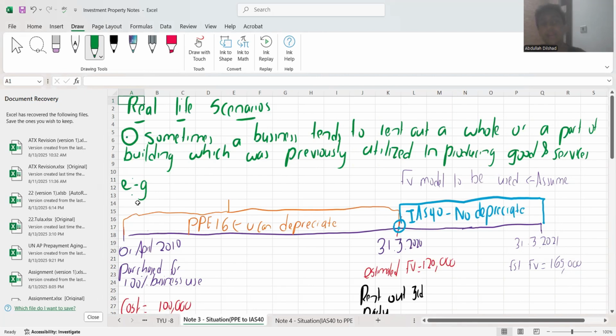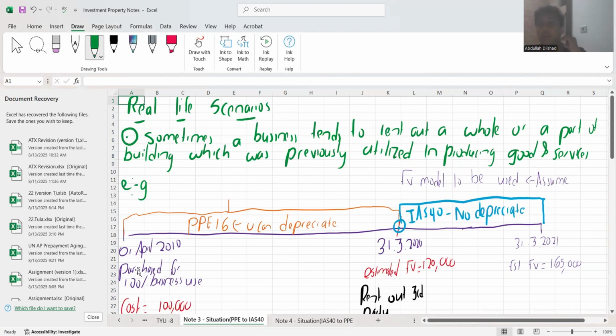For example, let us take example number one. I have given you a timeline. So before we start off doing a calculation, let us look into how it is going to affect our accounting in a real life scenario. For example, on 1st April 2010, Mr. A goes and buys a building, an asset,